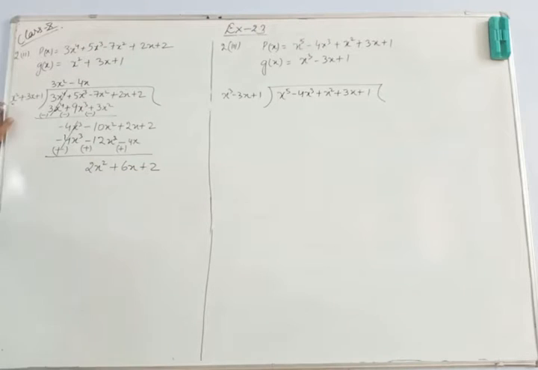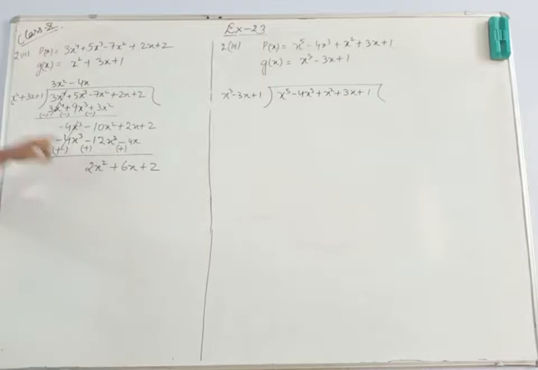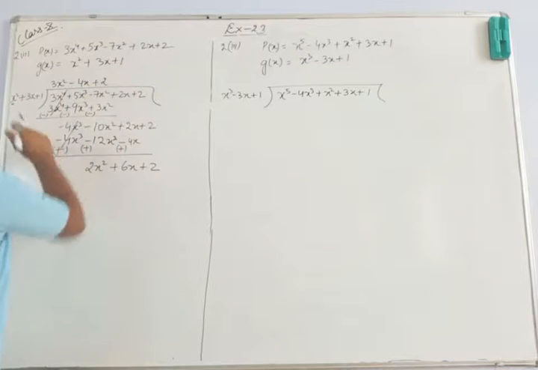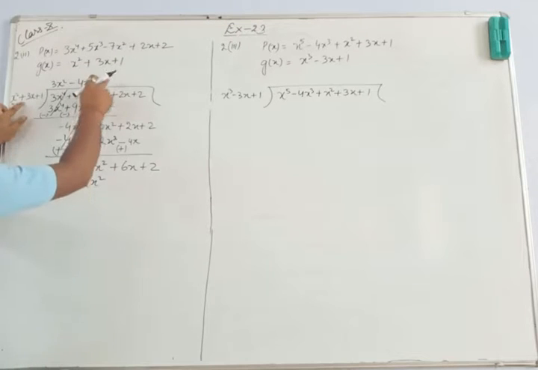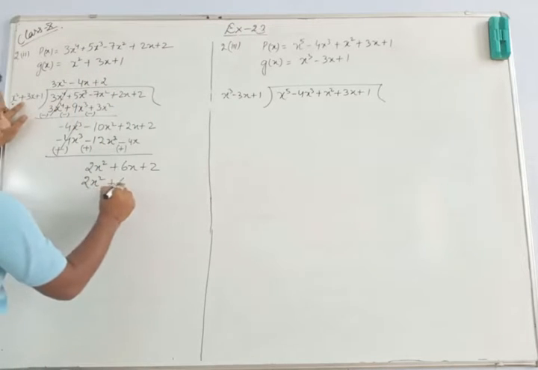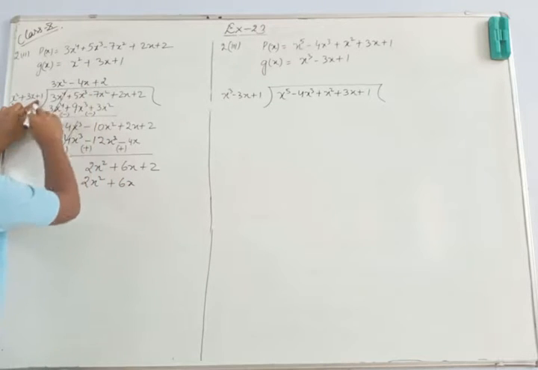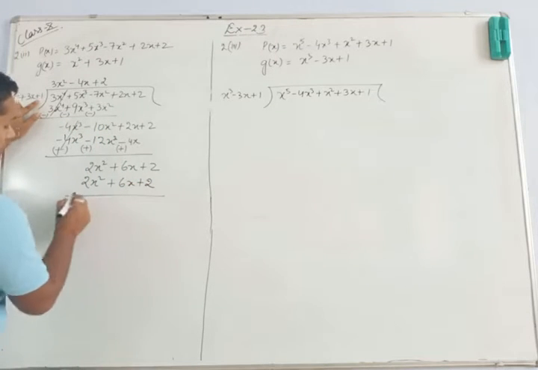Now x square is here. Now we have to multiply this equation with only 2, so that we can get a 2x square here. Similar to this, because we have to eliminate this term, we will multiply with 2 so that we get the same first term 2x square. So plus 2. So the first term will become what? 2x square plus 6x. The second term, because 2 multiplied with this 3x will give you 6x plus 2 plus 1. 2 into 1 will give you 2. So the same is coming.